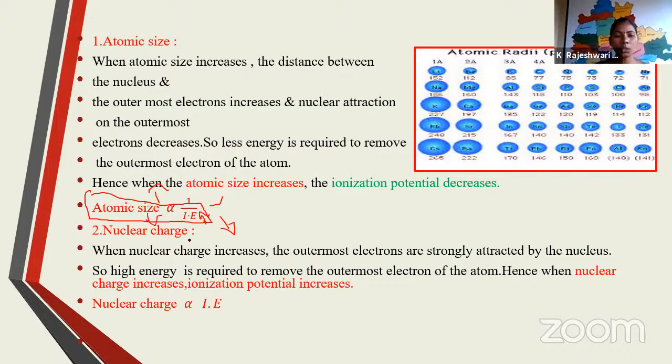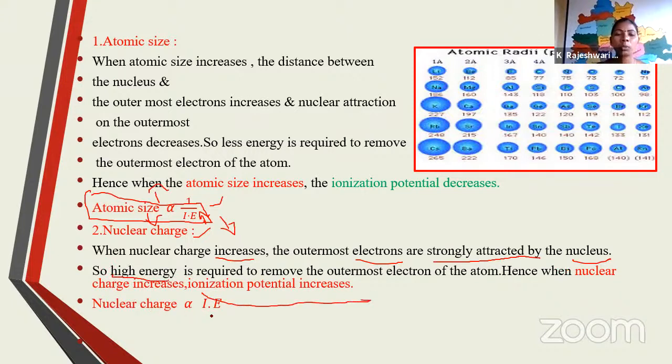Next factor is nuclear charge. When the nuclear charge increases, we require more energy. Why? Because the outermost electrons are held strongly. They are strongly attracted by the nucleus. That's why we require high energy. That's why ionization potential will be more. So that's why